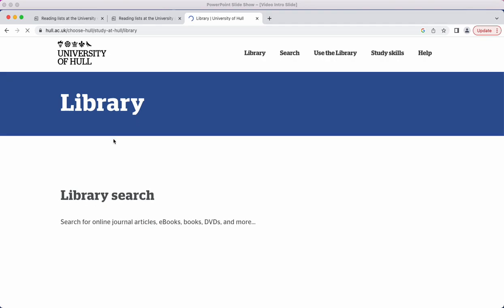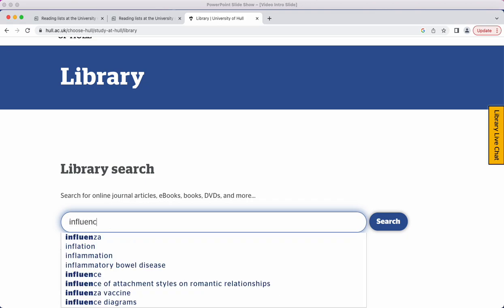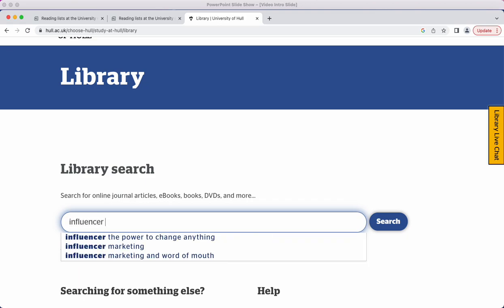So I'm going to click on that, and it will take me to library search. And you can see here I can search for everything in one place: journal articles, ebooks, books, DVDs, pretty much anything you can imagine. So let's see, say I'm interested in influencer marketing,